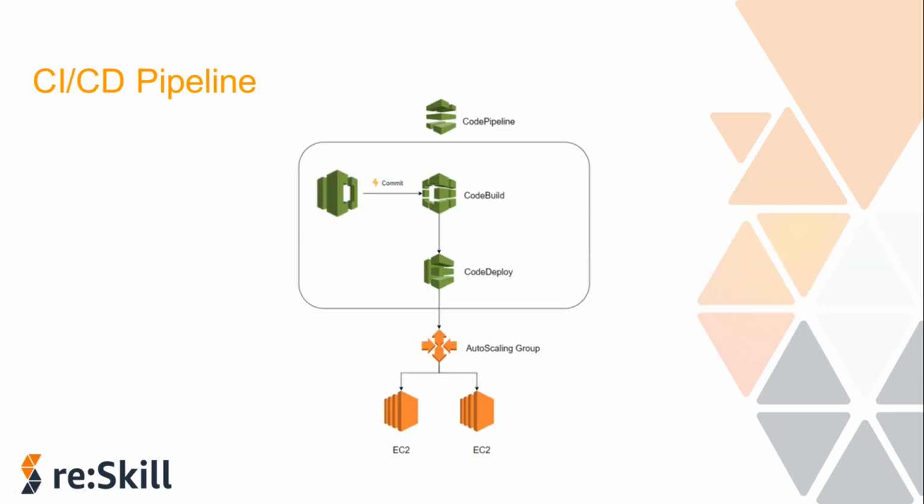So let's see an example scenario for the same thing that we have just learned. So what's the scenario here? Consider an application that is hosted on AWS CodeCommit. I want to deploy this web application automatically on every commit. The deploy target will be one or more EC2 instances which will have a public DNS where I can view the hosted web application. This can be used as a test or production environment.